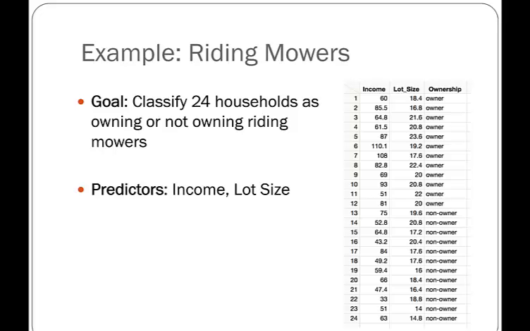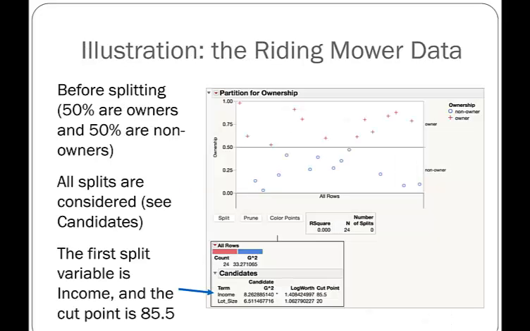So let's look at an example with our riding lawnmower data. We've seen this before. We have 24 households that either own or don't own riding lawnmowers, and we're going to try and predict or fit this classification tree using income and lot size as our predictor variables. Before we do any sort of splitting at all, we can note that there are 50% owners and 50% non-owners in the data set, and when we tell JMP to go ahead and find the best places to split, we